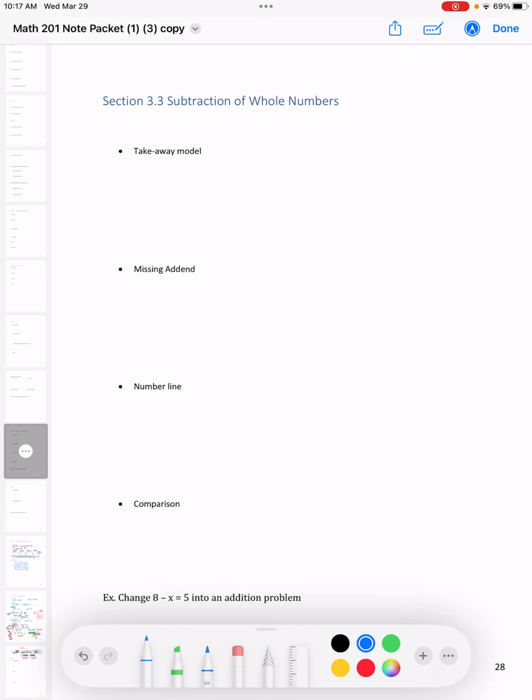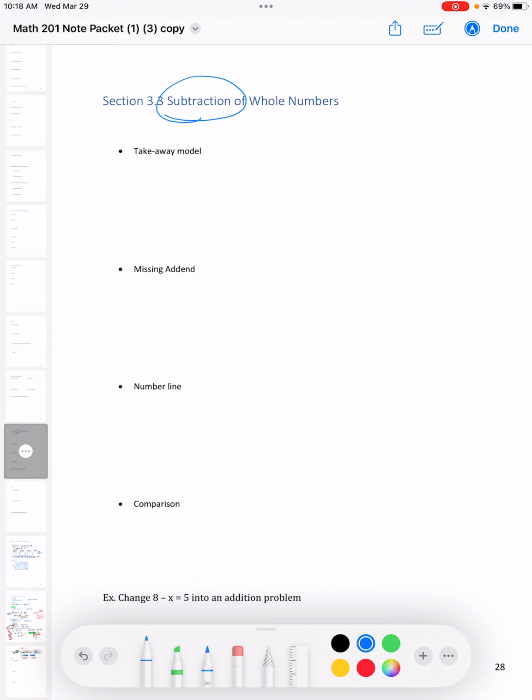So the first operation we learn is addition, and that's how we first start teaching our students as well. We combine things together. After we learn addition, then we can learn subtraction. And subtraction really is the inverse of addition. It is the opposite of what's going on with addition. And so we can think about it in terms of addition as well, and we'll see that in just a